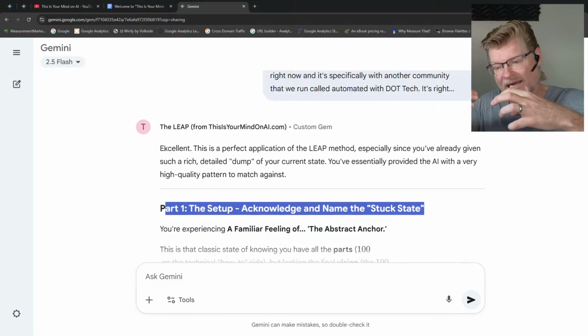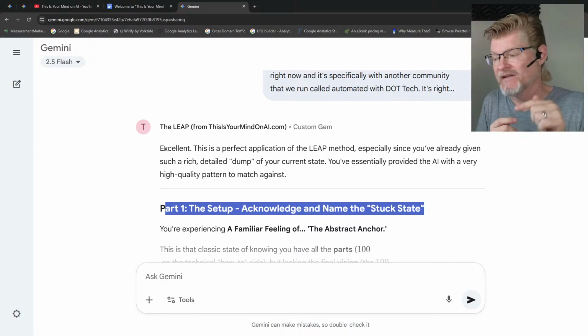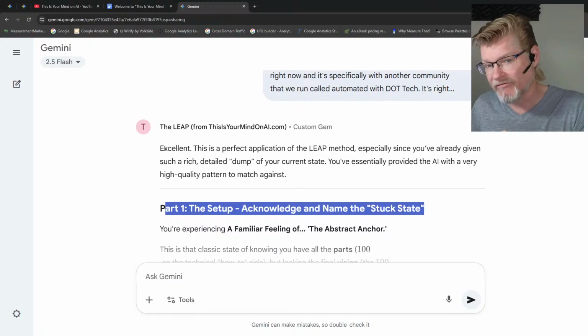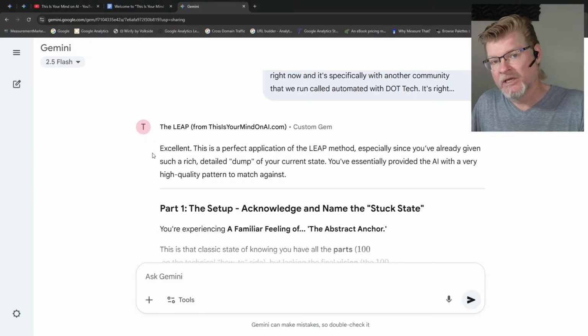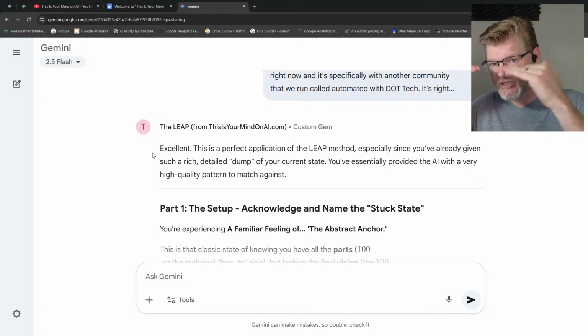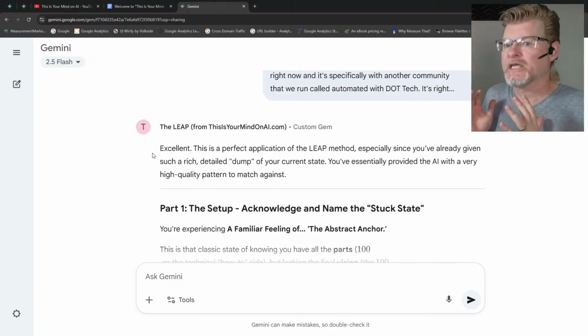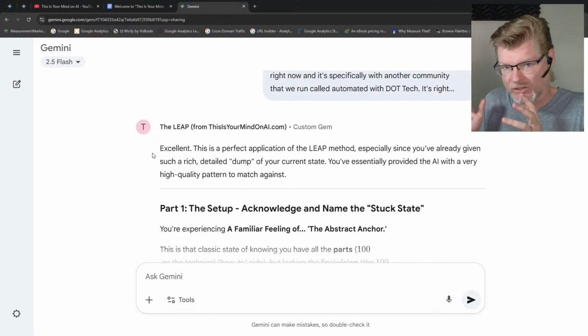When it responds back, it should respond in such a way where I'm like, oh my God, that's exactly where I'm at. In fact, you said it better than I could have, and I wish I had said it like that. That's the feeling this first part is supposed to generate. This is the feeling it should always generate for you. So step one of this gem should always give you that experience of, yes, that's exactly what I'm going through, and I want to make sure that we continue, right?